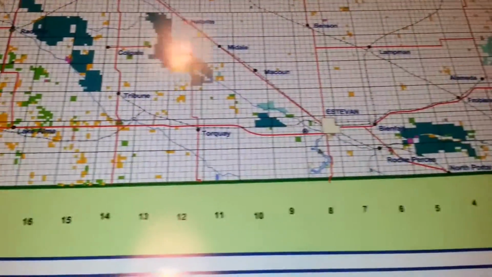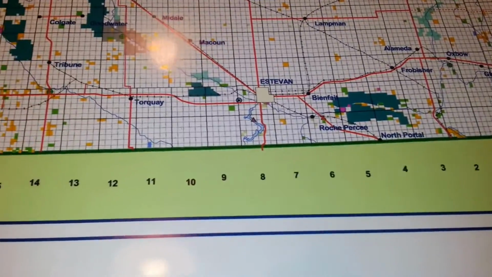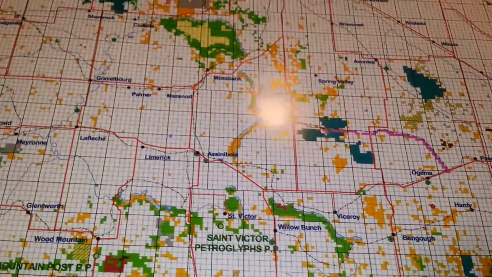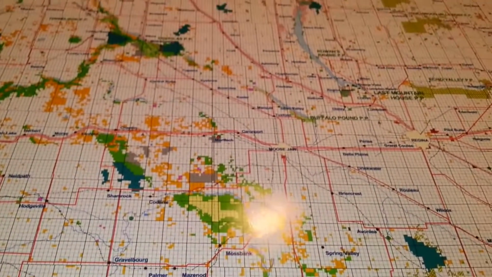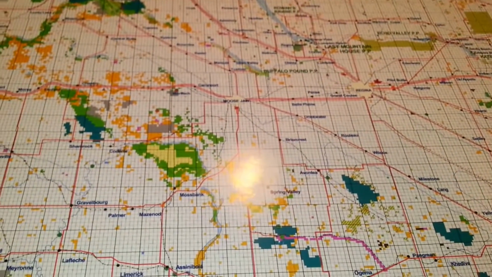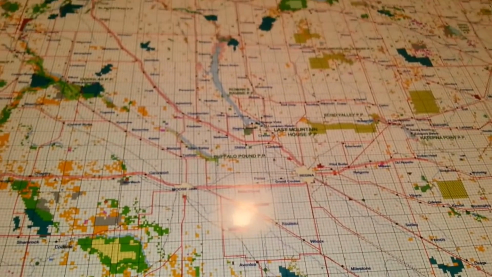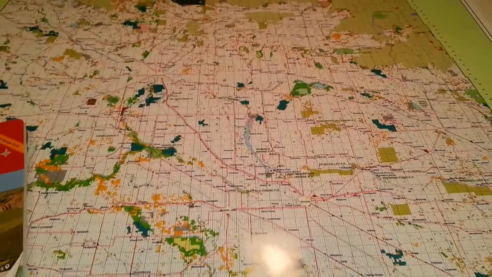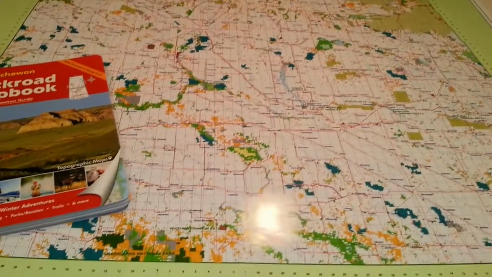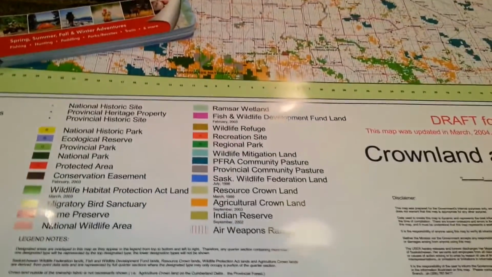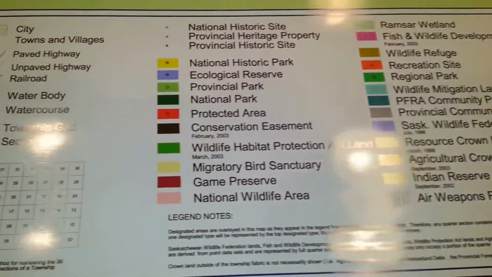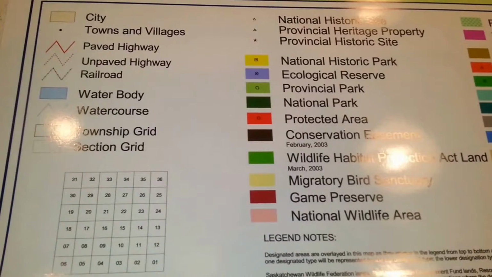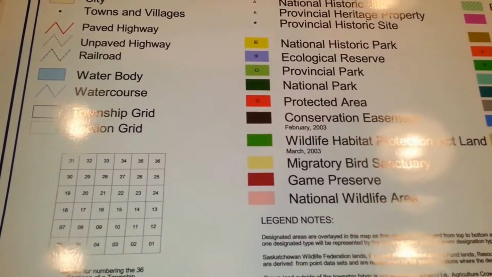And if you just go online and Google your province and put in the keywords Crown Land, it should take you to various maps, or just even type in Crown Land map. Why this is useful is that it gives you a sense of what the resource availability is in your region or in your province. I'll just show you the legend here. Of course it has all the major roadways, bodies of water, and different